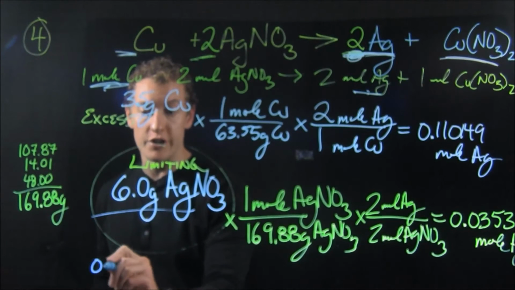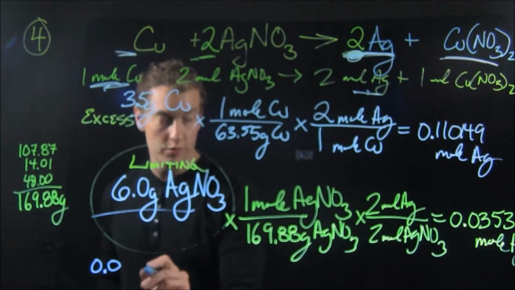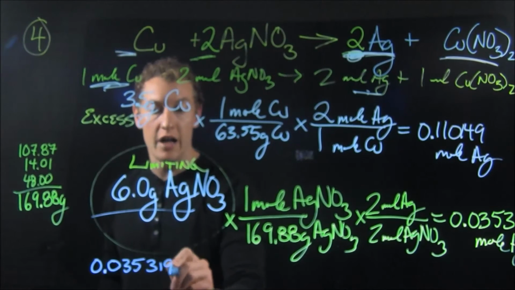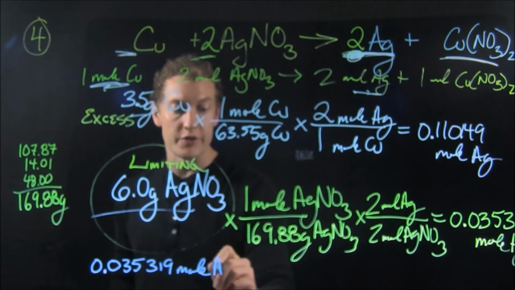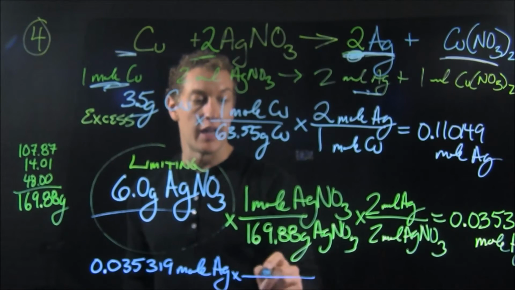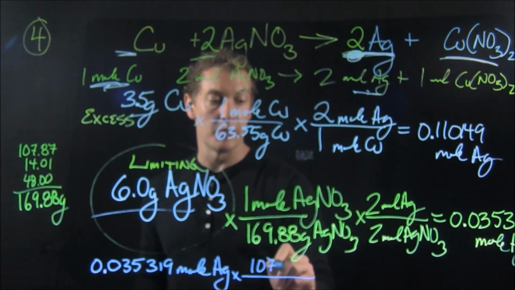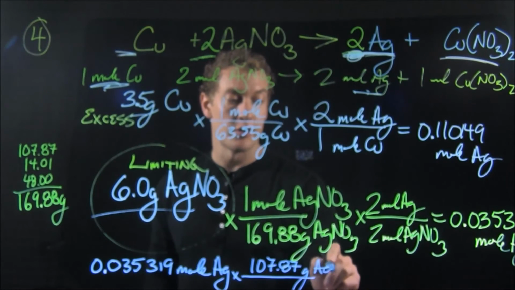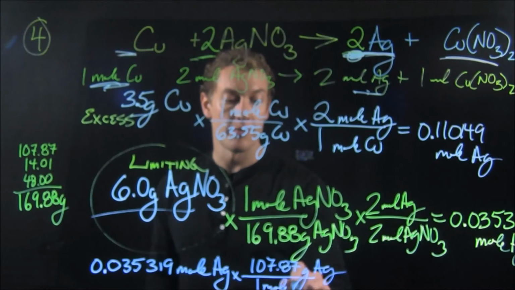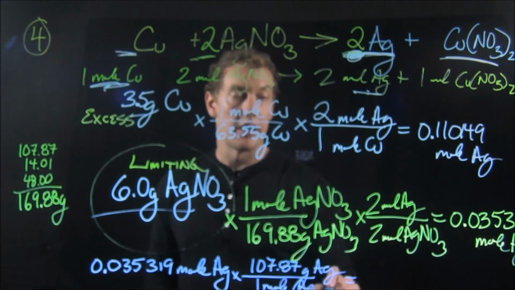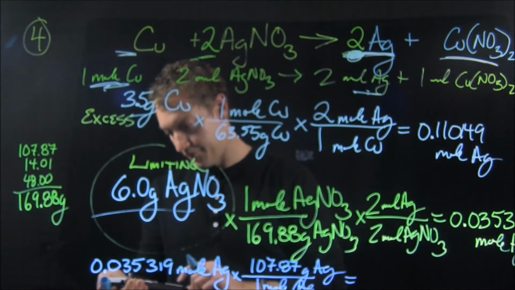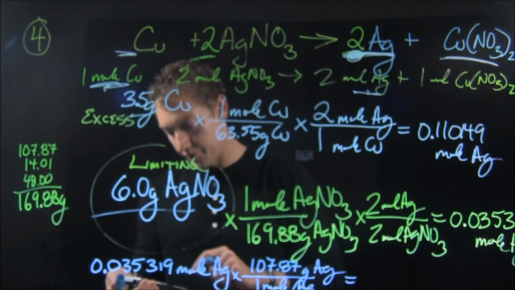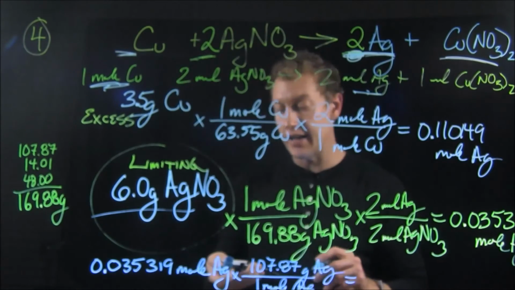So we will take our 0.035319 moles of silver times 107.87 grams of silver for every 1 mole of silver. And you multiply that, and we get